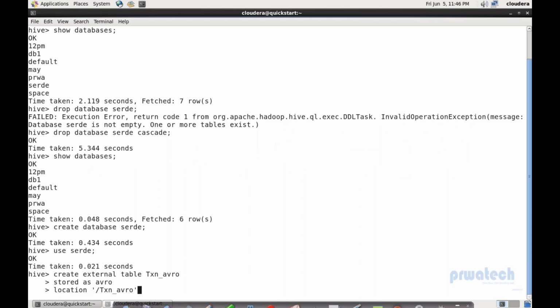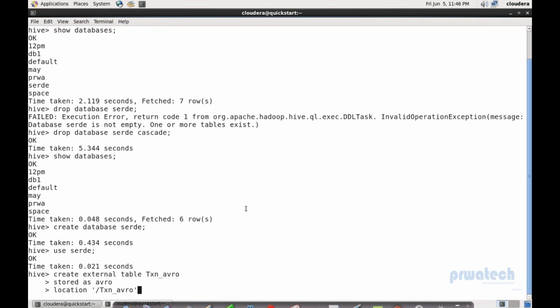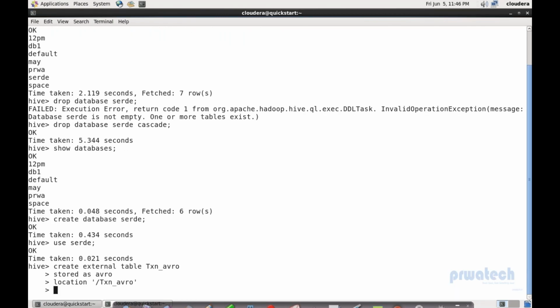And why are you not passing till the file name? Because what if you have multiple part files? You cannot pass one-to-one file. That's why you should always pass till the folder name or directory name. And the last statement I will write is the table properties. So this is TBLPROPERTIES, and inside these table properties we will define